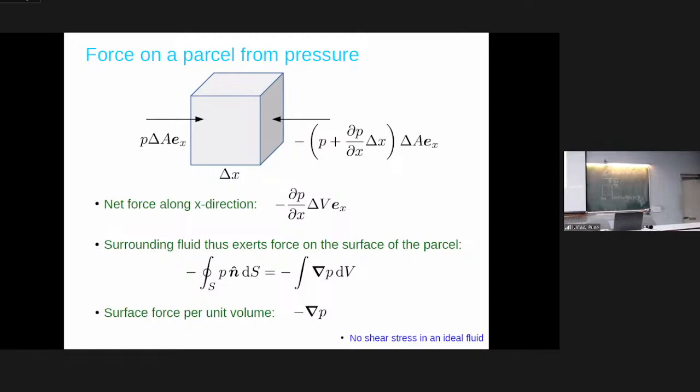So remember, this is an ideal fluid. This is an isotropic pressure. Okay, that means if I consider the fluid, the isotropic pressure exerts a force normal to an area always. Okay, there is no shear. There is no internal shear, but we will come to that shear later. So whenever we are imagining a pressure in this room exerting a force on anything, it is always normal to the surface. The surface can be imagined any which way. It's an isotropic pressure, so at any given surface, the pressure force is always perpendicular to the surface. Okay. No shear stress in an ideal fluid. You can change the situation by having shear.